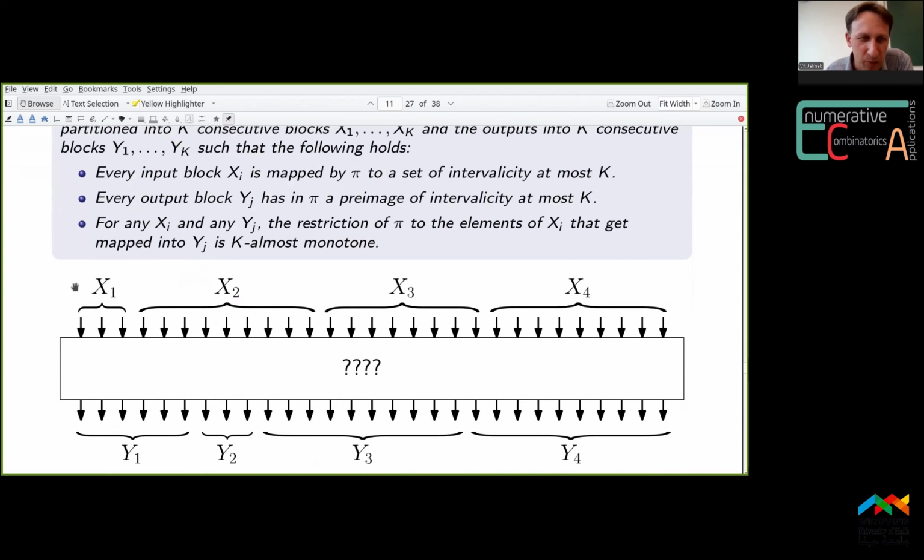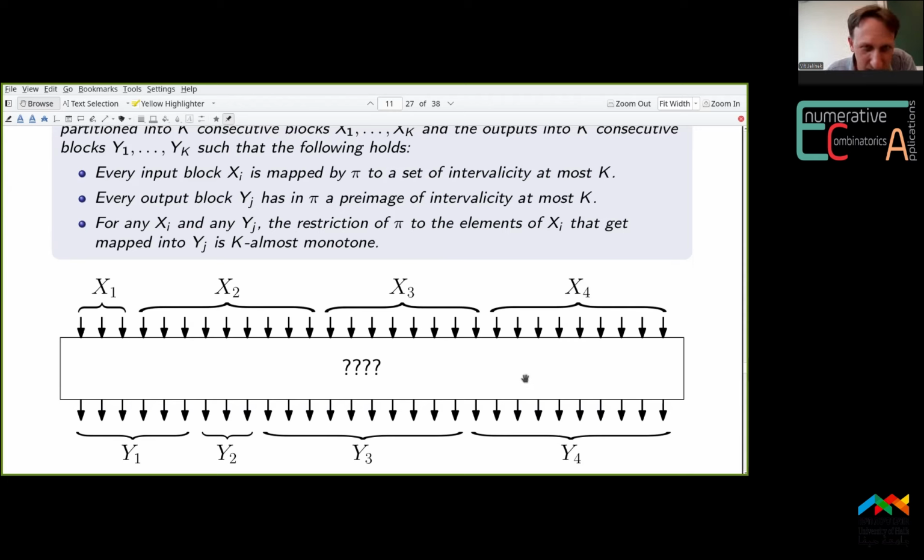The inputs of any permutation in such a class can be partitioned into k consecutive blocks, say x1 up to xk, and also the outputs can be partitioned into k consecutive blocks, y1 up to yk, with the following property. If you pick any of the input blocks and look where your permutation maps the elements from this block, well, it